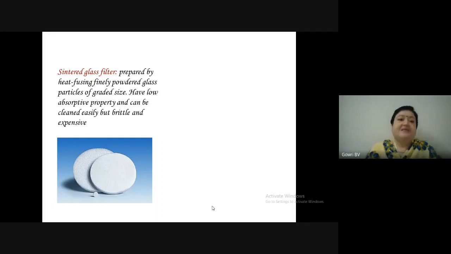So I repeat, sintered glass filter is prepared by heat fusing finely powdered glass particles of graded sizes, has low absorptive property and can be cleaned easily, but it is brittle, it can be easily breakable, and of course it is